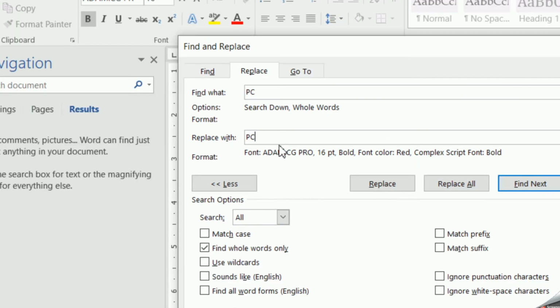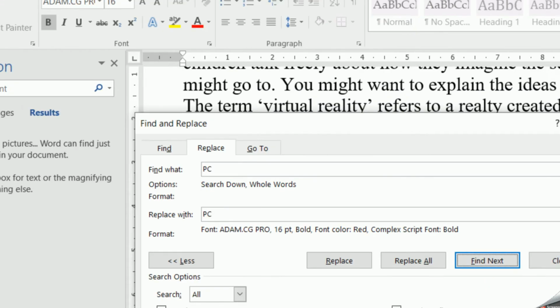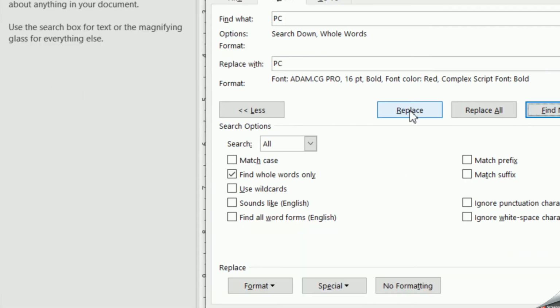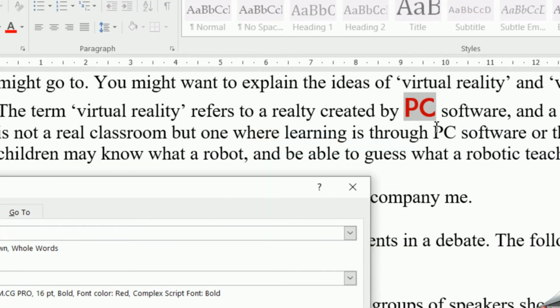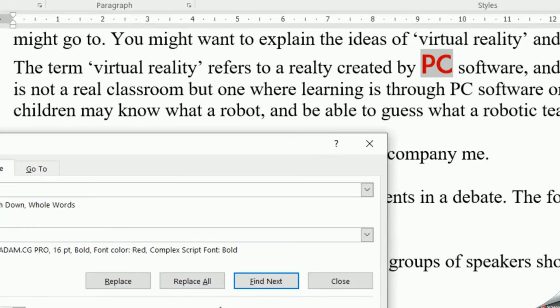I click on OK and now you can see that it will replace the word PC with the formatted version of the word PC. I can use Replace, and I can use Replace All also. So I'll click on Find Next. It finds the word PC and I can click on Replace All. You can see that it replaced the word with the formatted version of it.